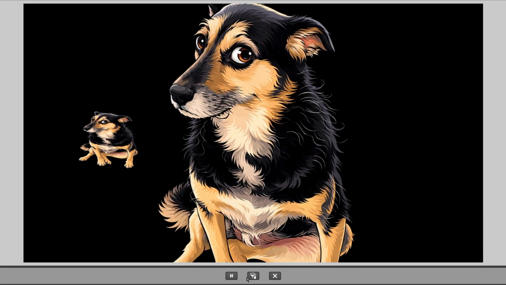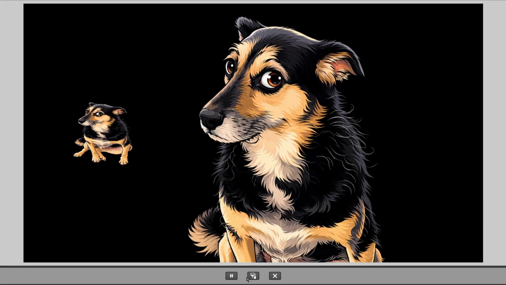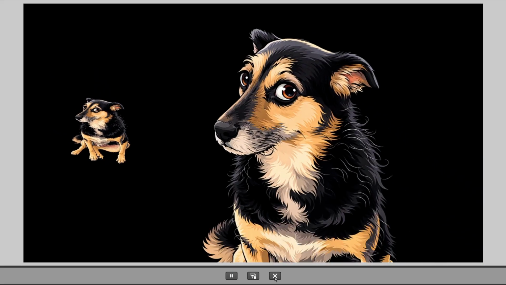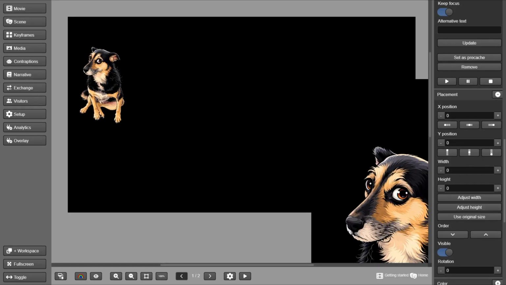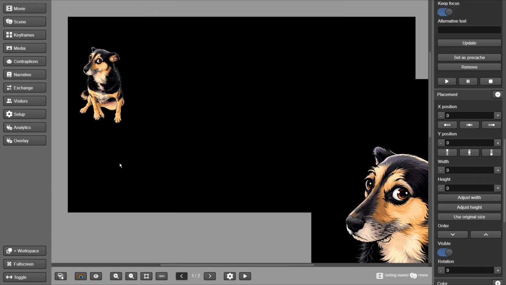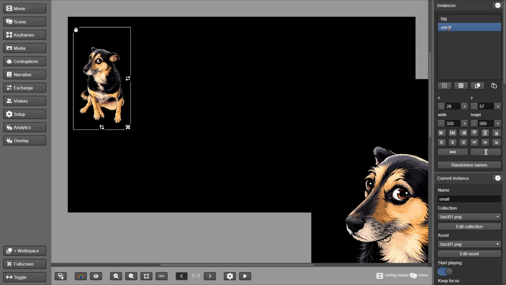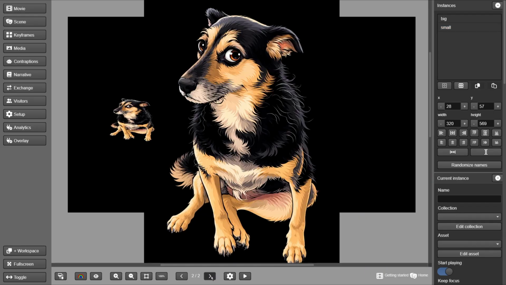Now we can see the principle of property transition animation that Tealbosi uses. When Tealbosi encounters the same instance in the next displayed keyframe, it interpolates the transition of its properties, generating the animation. And how does it identify that it's the same instance? The answer lies in the name. Tealbosi considers instances with the same name to be the same.